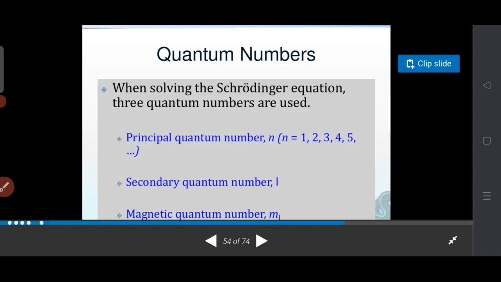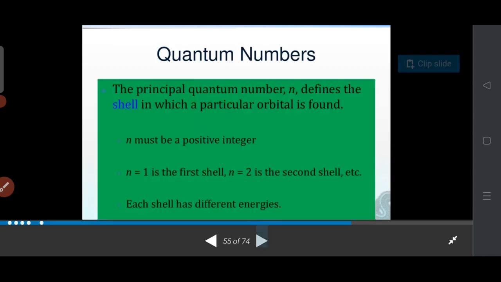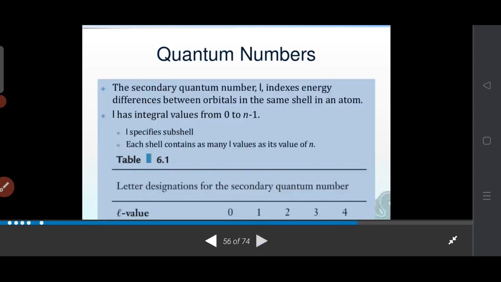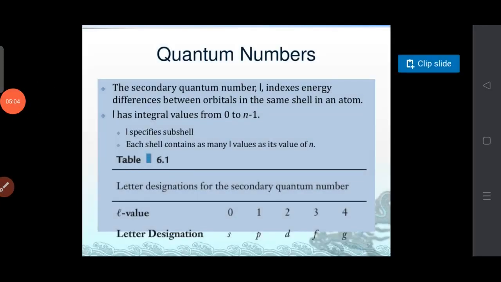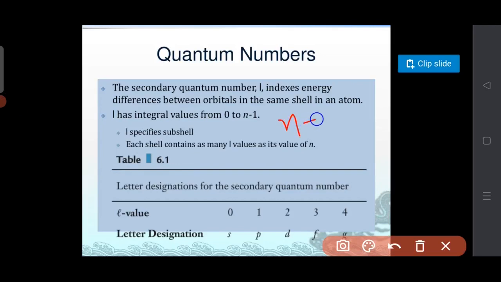Okay, so suppose in a case n equals 1, that means the electron is present in the ground state. So when n equals 1, that time L equals 0. L is the azimuthal quantum number, as I already said. So when the principal quantum number is 1, then the azimuthal quantum number should be 0, because the azimuthal quantum number L we will get